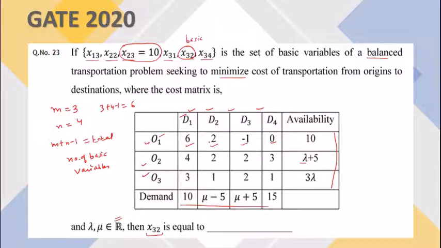Had it been a non-basic variable, if they would have asked the value of say x33, so x33 is not in the list of basic variables, then we would have directly written x33 is 0 because by default every non-basic variable is 0. But obviously the question is not that simple. We are asked to find the value of a basic variable. So let's see how to attempt this question.